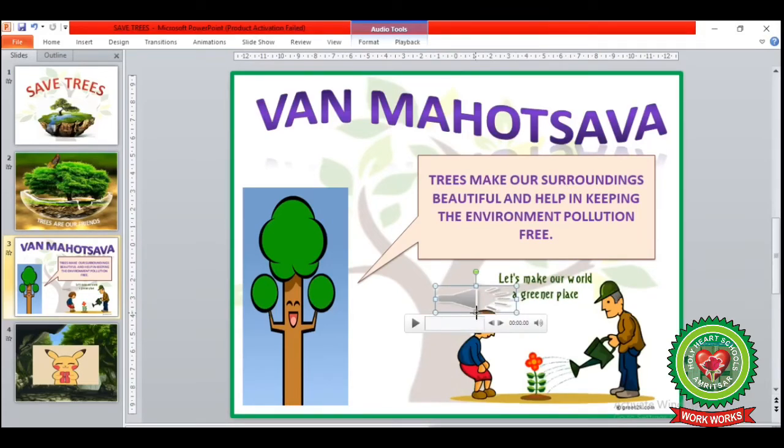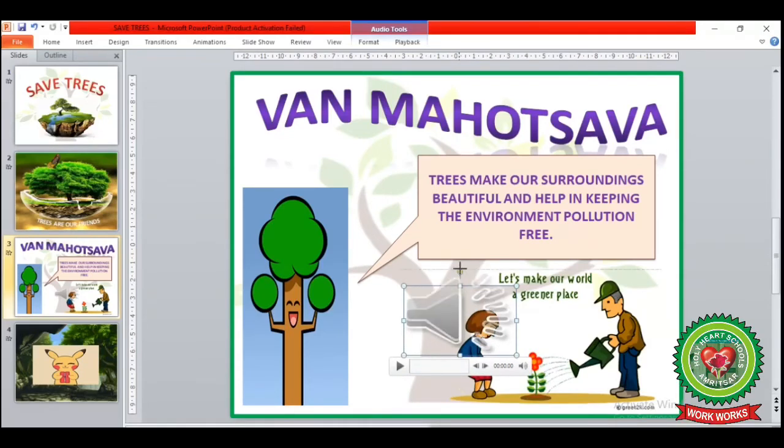You can see the icon's size will change. We can also move this icon anywhere on the slide. To move this icon, place your mouse pointer in the center of this icon. You will see your mouse pointer will change into a four-headed arrow. Now hold down the left mouse button and move it anywhere on your slide.